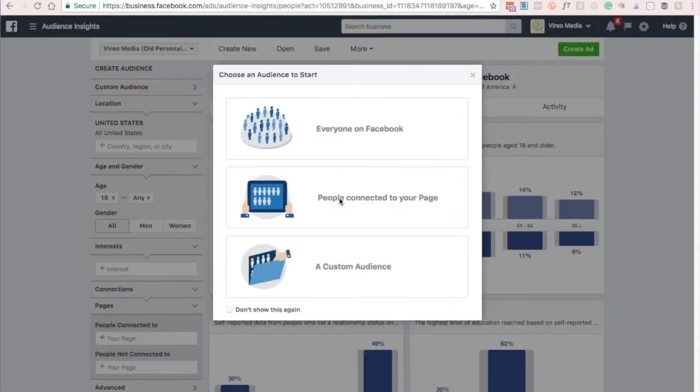I want to show you a powerful tool that you can use for researching your audience. If you have a new product, or if you just want to see what's working for other people in your industry, the Facebook Audience Insight tool is a powerful way to look at data that's going to help you market